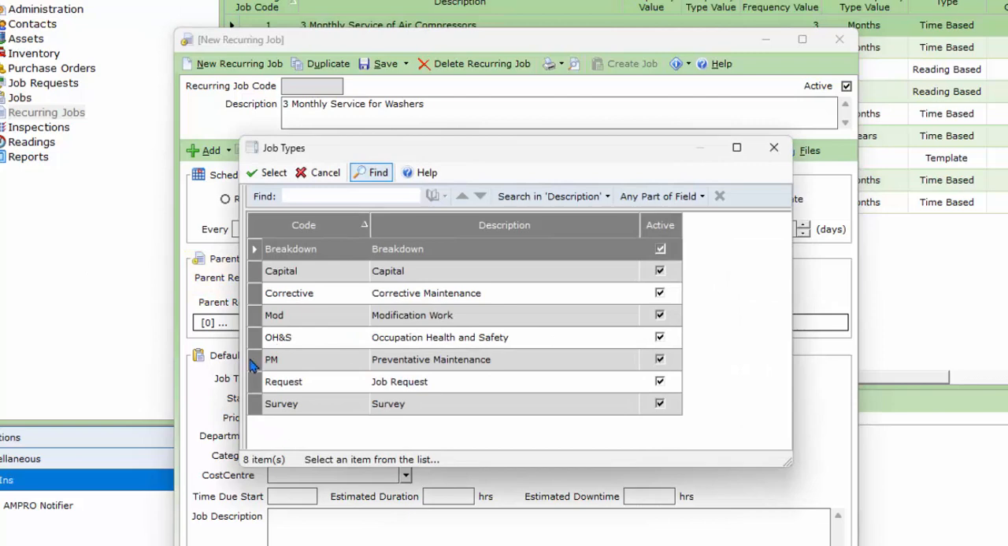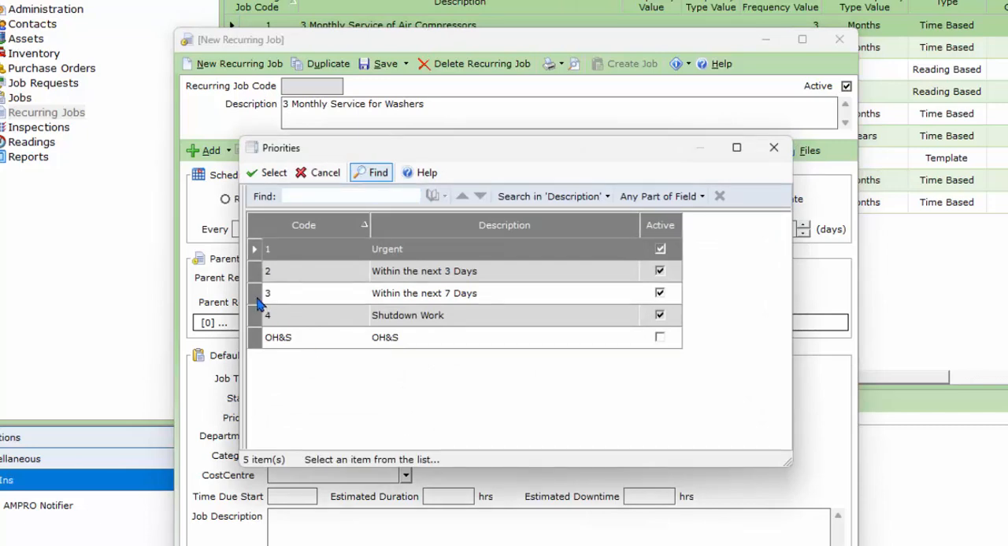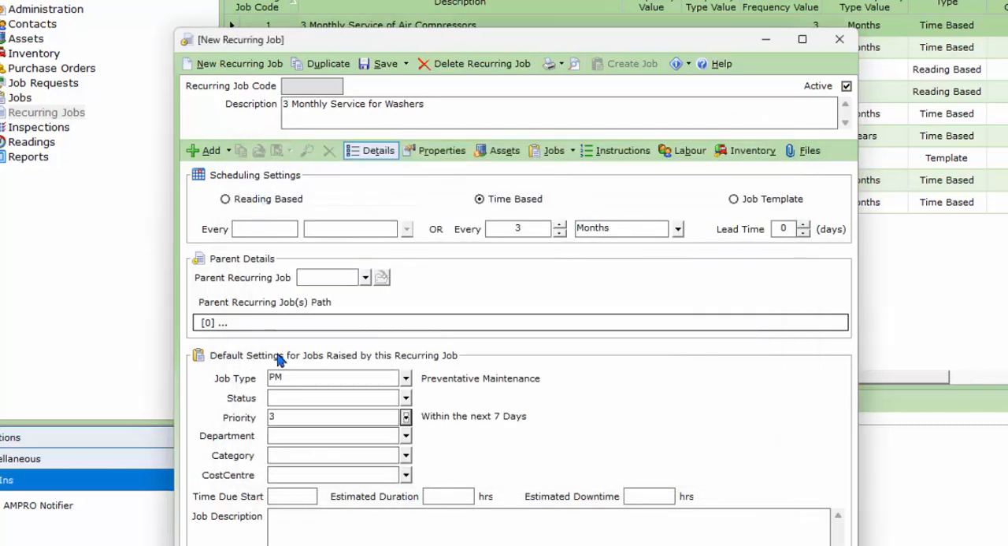Job type is PM. And then you can just populate this information as you require. Normally PM is happy as long as it gets done within CUI or when it's due. And we put in the job description. Keep it simple like that. Estimated duration. Okay, so the next thing we need to do is put in the assets that it's attached to,